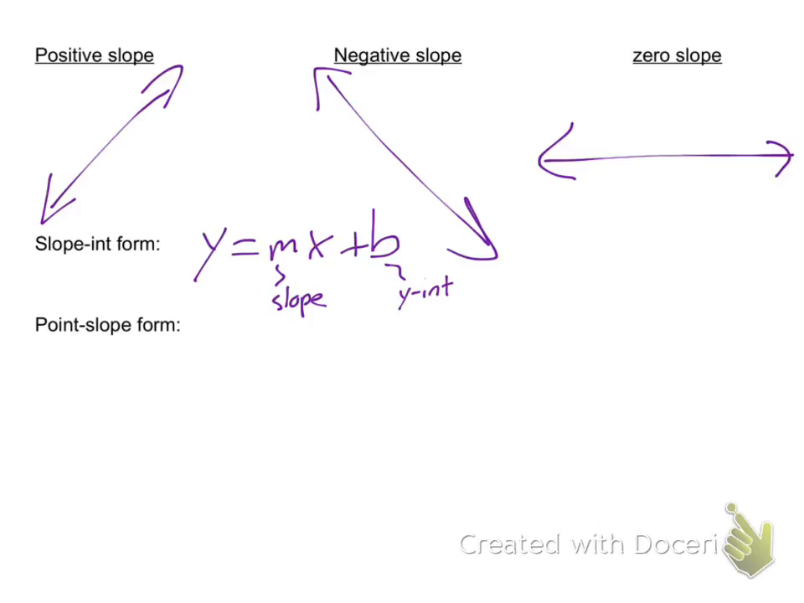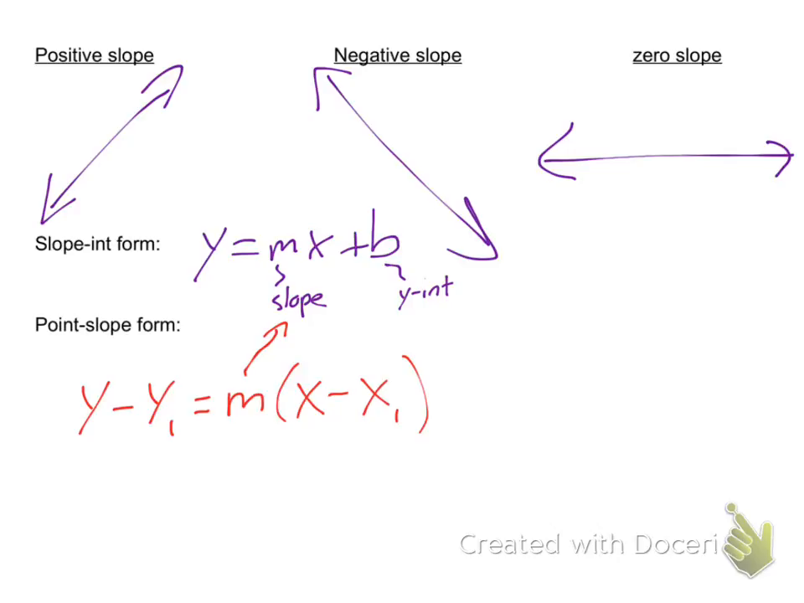Who remembers this one? Isn't it... y minus y1 equals... y minus y1 equals what? Yeah, that's it. y minus y1 equals m times the quantity x minus x1, where m is still